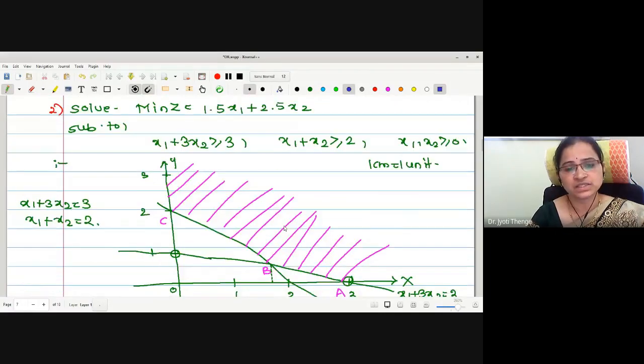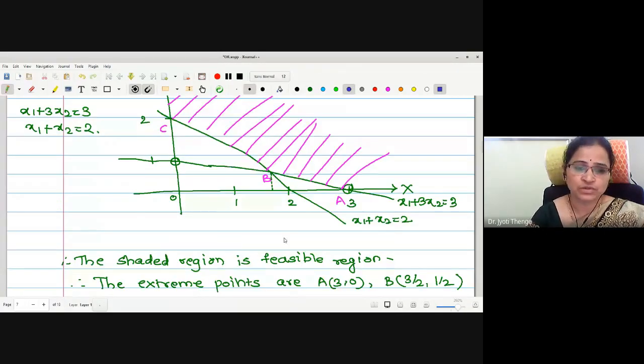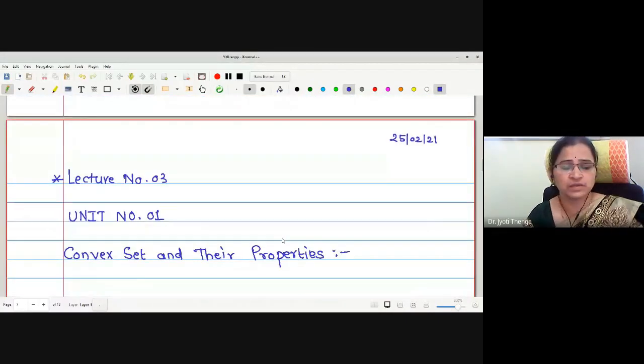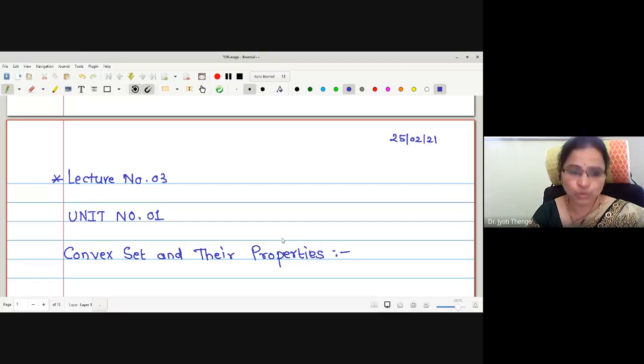But we can see very easily that the restriction of the graphical method is that we can solve problems involving only two variables. We cannot use this method for more than two variables. Therefore, the next methods were developed in order to solve the linear programming problem. In today's lecture, we are going to study the basic notions required to understand how to solve the linear programming problem with suitable methods.